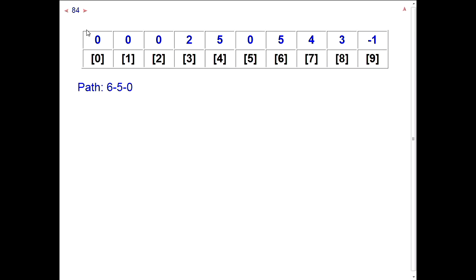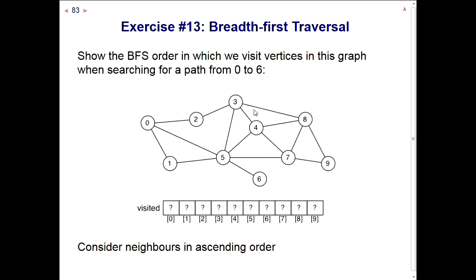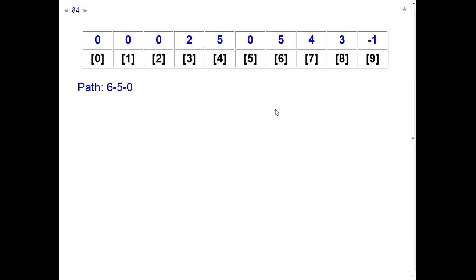Now, one of you pointed out that when I ran the breadth-first search through that example, the visited array that I ended up with was different from this one, and actually had a 5 in here, I think, instead of a 4. If you have followed what I did, please make sure that you correct this. And I know that what is written here, I think, would be correct, but to make sure that it is,